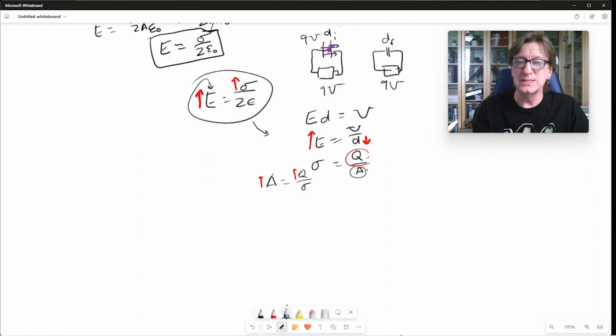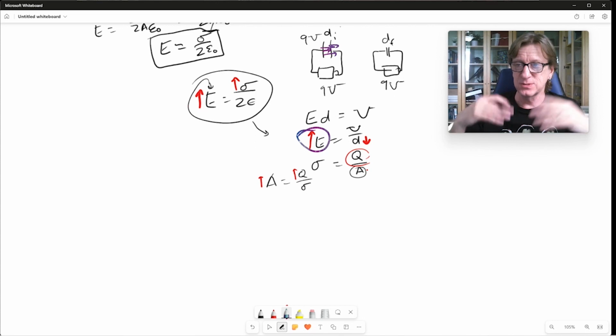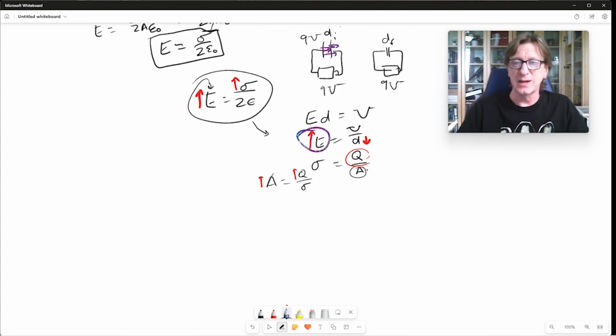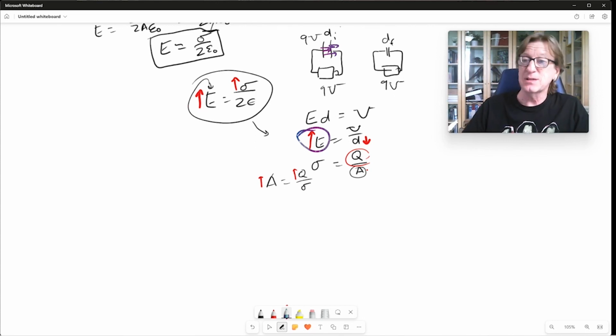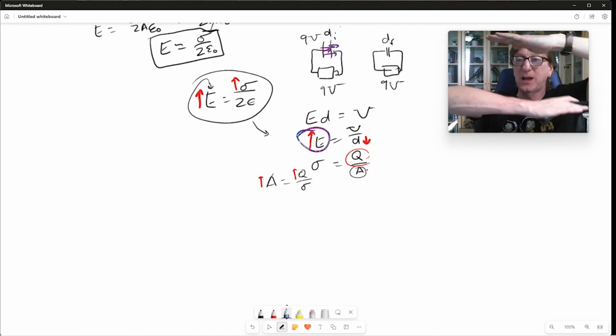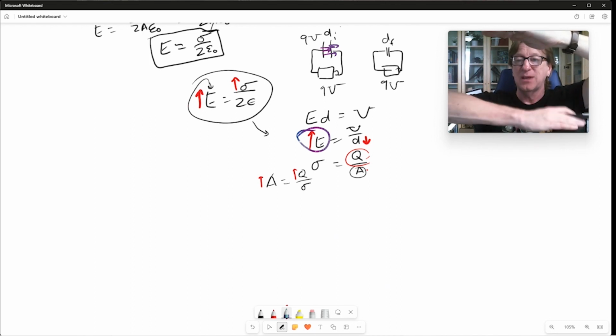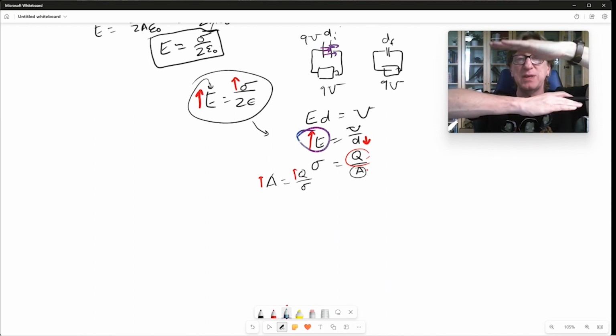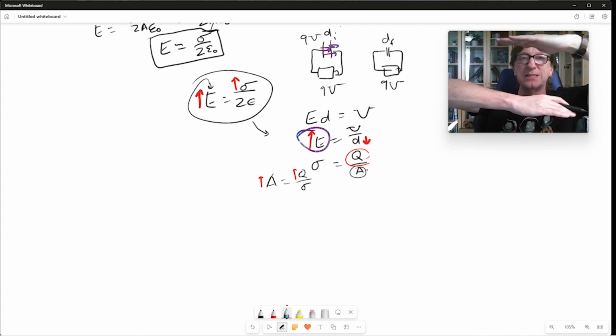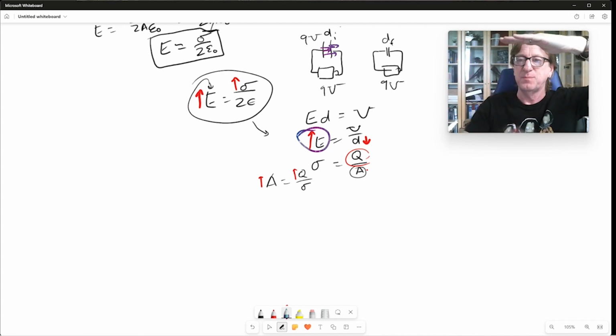So if I increase this electric field too much by decreasing the distance too much, eventually I'll get a spark and it's going to fry my capacitor. It's going to explode dramatically on that. If you've ever seen a thunderstorm, that's basically what's going on. The rain has stripped out some of the electrons, and so I get a charge difference between the clouds and the ground. When that builds up to be high enough, then the dielectric constant of the air, which was an insulator to this part, it breaks down, it ionizes, and so now, zap, and then I can have this lightning bolt